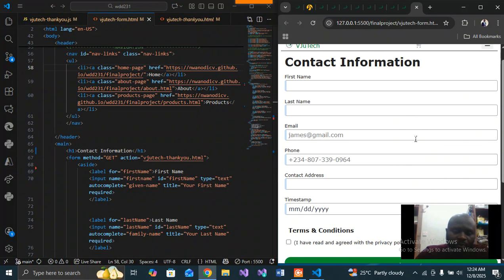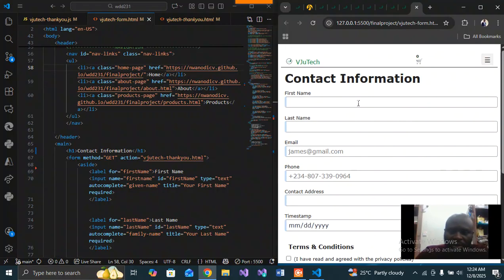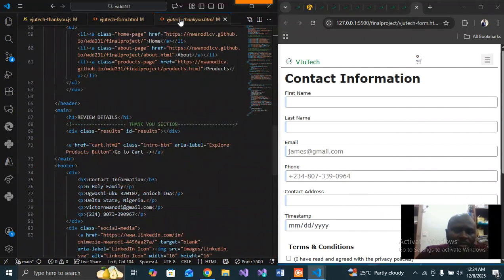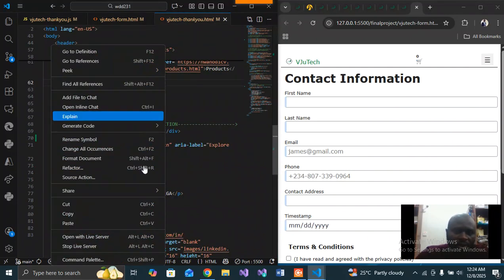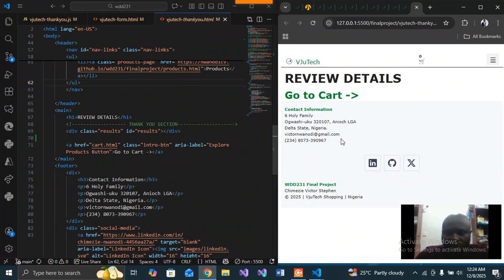This is a form page that requires the user to fill in his contact information, and this is the Videotech thank you.html page, which we want to display the information gotten from this